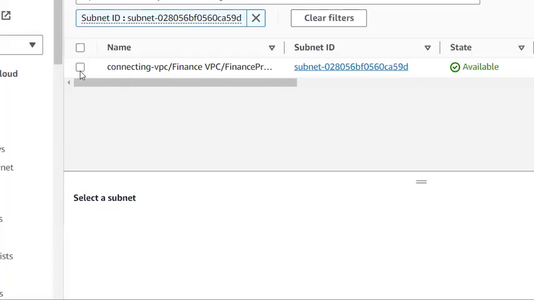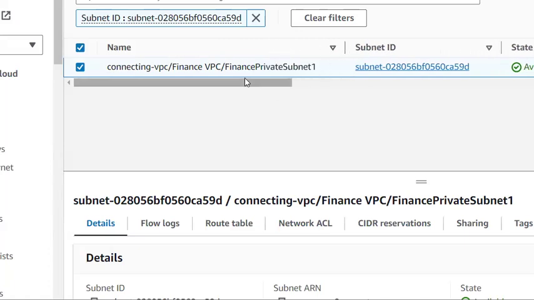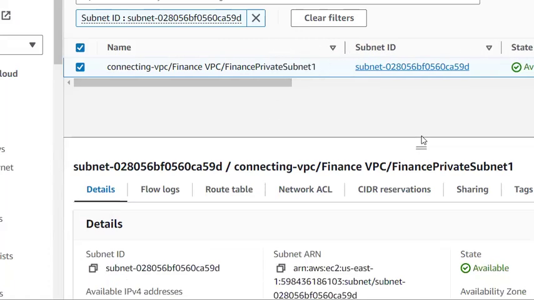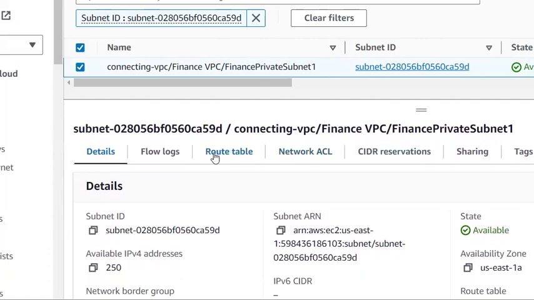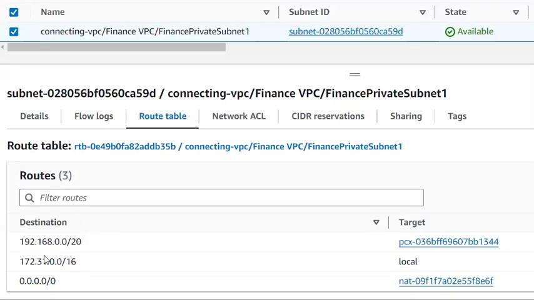in another new tab. Since I provided a peering connection in a route table, this also allows the route. That's what I want to show. Now I just selected the finance private subnet 1, where only our finance server is present. Now I'm opening the route table to check whether there is any route allowing the traffic